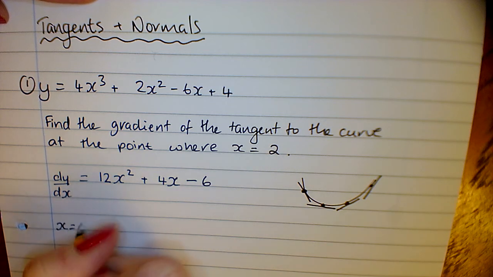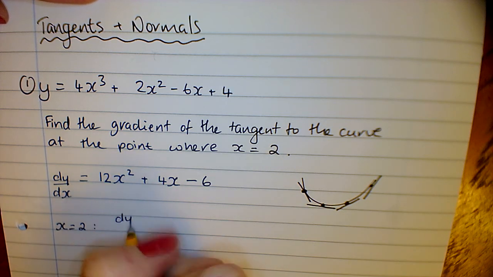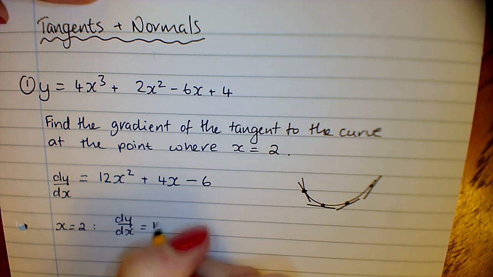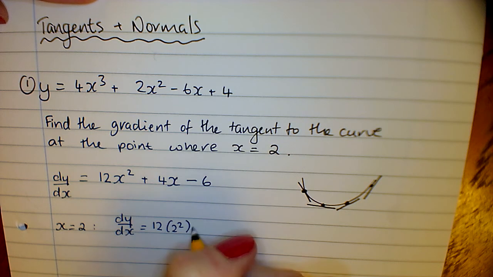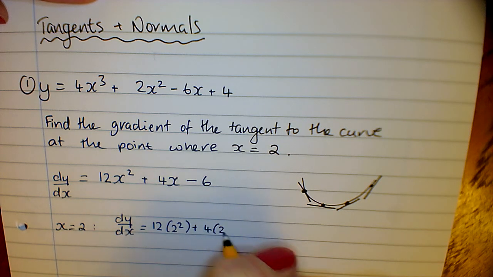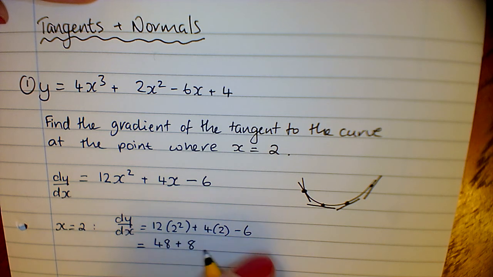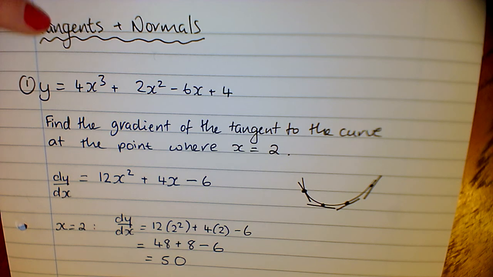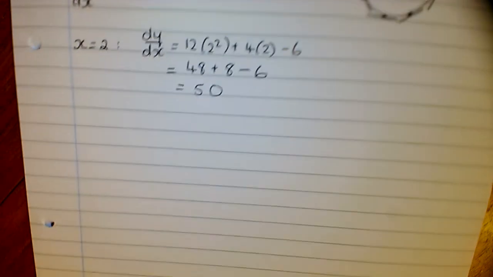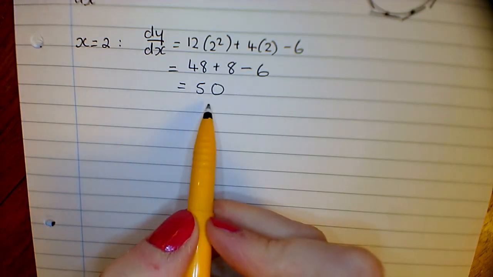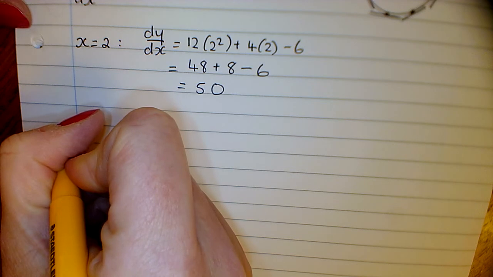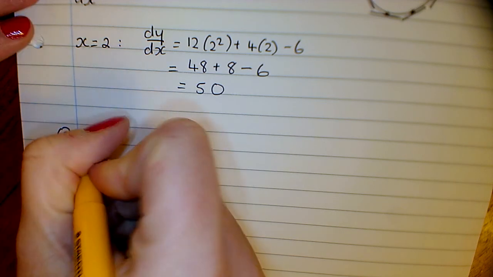So when x is 2, dy by dx is 12 times 2 squared plus 4 times 2 minus 6. So that gives us 48 plus 8 minus 6, which gives us 50. Okay, so when x is 2, the gradient is 50. Our next one then,